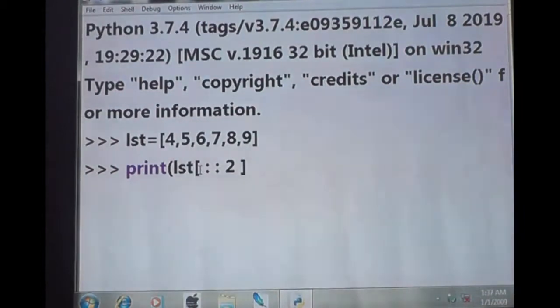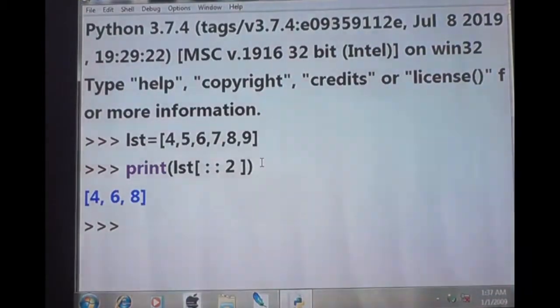Listen, starting index not given, ending index not given, they had given only increment. That means what is the output? So starting and ending kudukala appadina, you have to take the complete data. Among that you have to increment by 2. That means 4, then 6, then increment by 2, 8. That's all. 4, 6, 8. I think so. So the answer is 4, 6, 8. Got it? Okay.